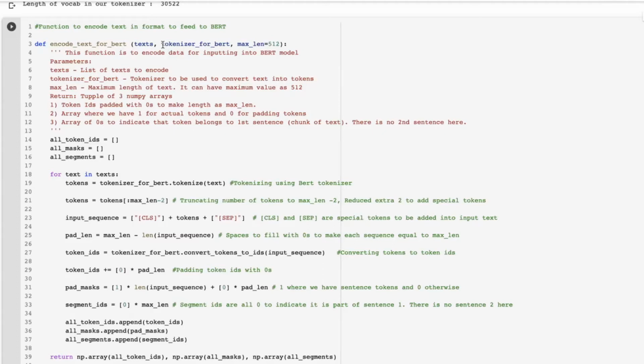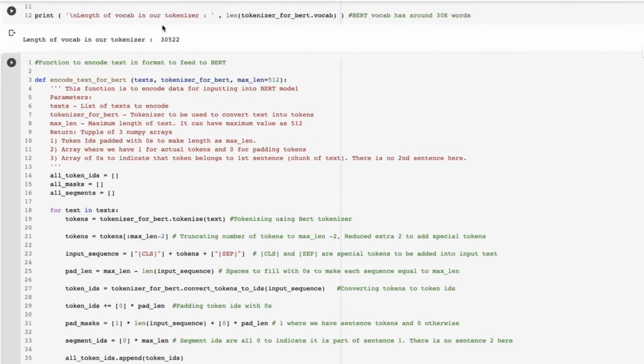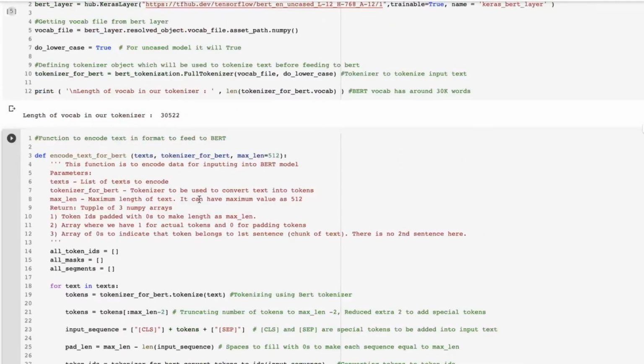So basically, you pass the text and you pass the tokenizer, which we created in the last cell, and you also give the maximum length, and it will encode the data for BERT. The maximum length BERT can take is 512. Definitely, you can keep it less so that it can run faster.